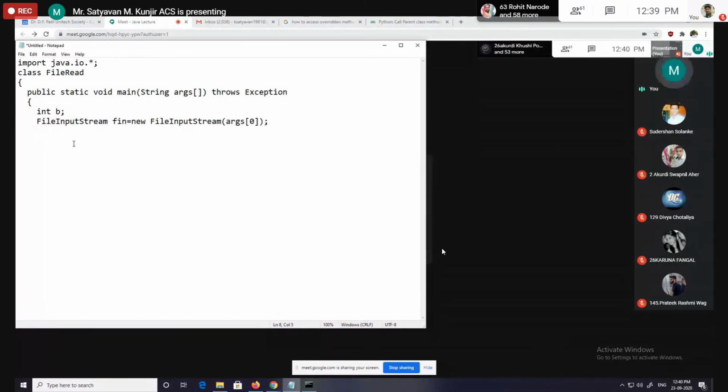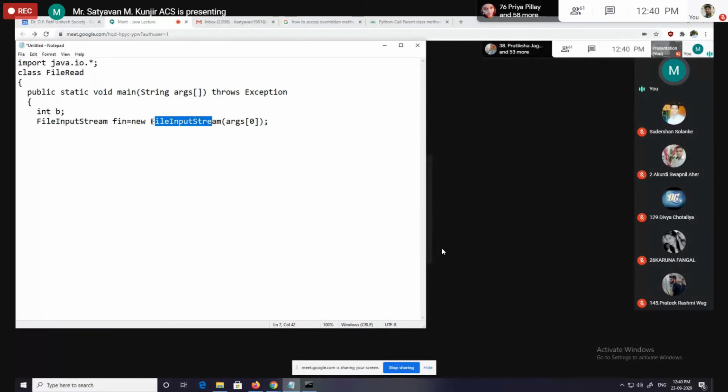Okay, don't write here. This is an application in which we're accepting the file name through the command line. As we know, all the command line arguments get stored in args. Only one file name I'm going to pass. So that file name will get stored at the 0th location in args. And that file name I have passed as a parameter to the FileInputStream class.